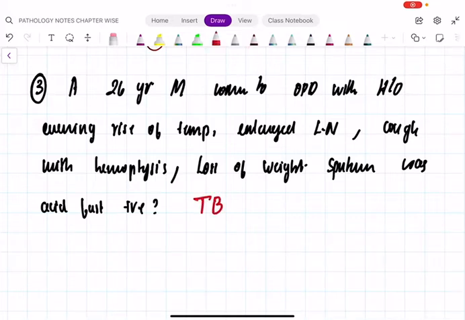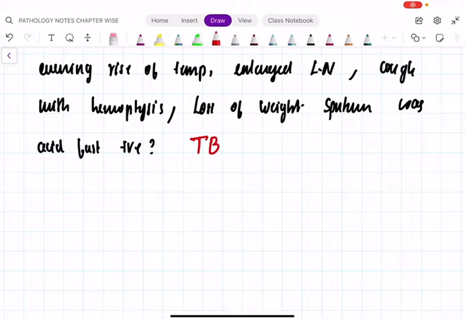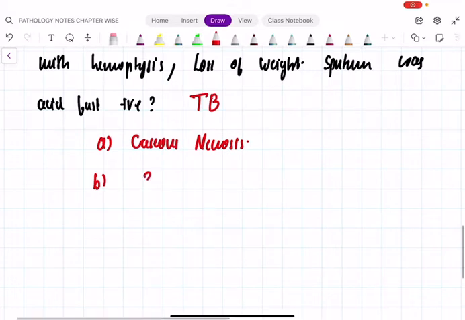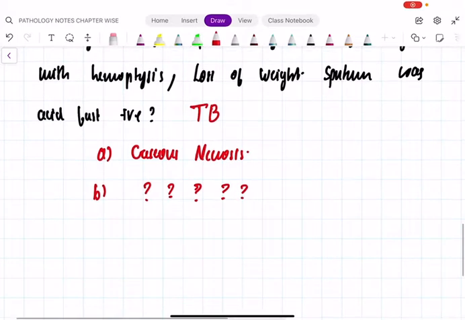TB, tuberculosis. Same sub questions. What form of cell injury? Irreversible cell injury. What is the form of necrosis here? Caseous necrosis. Number 2, they may ask you what type of inflammation. It is an example of chronic inflammation. I will tell you in much more detail about chronic inflammation in another session on inflammation, where we have granuloma, epithelioid cells, giant cells. All those may be sub questions. I am just putting a question mark because we will discuss chronic inflammation separately. So this is the case of caseous necrosis.